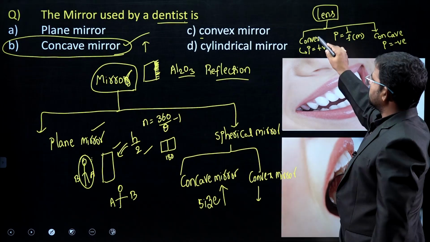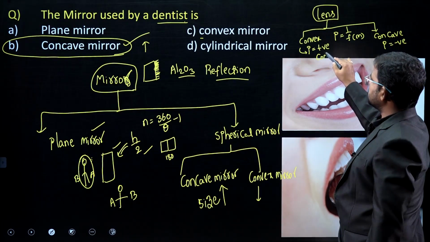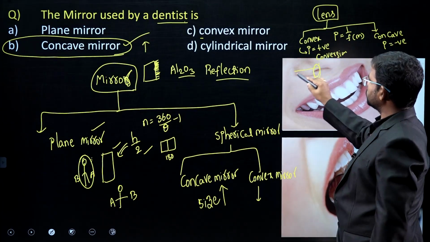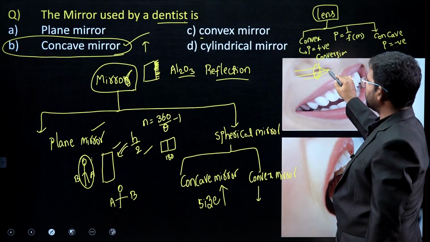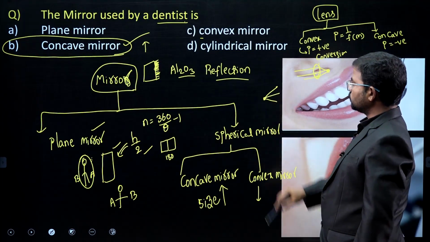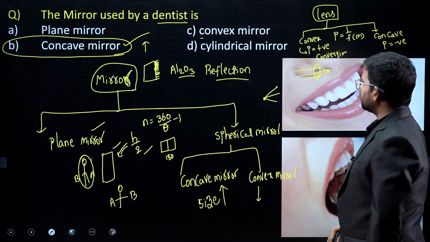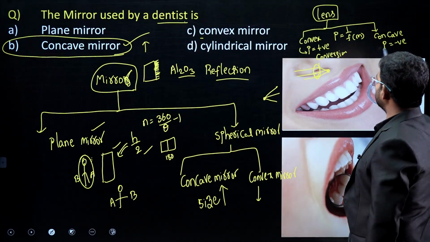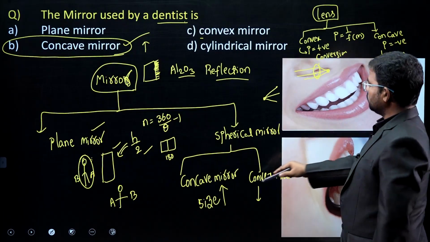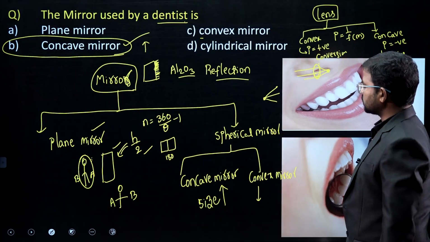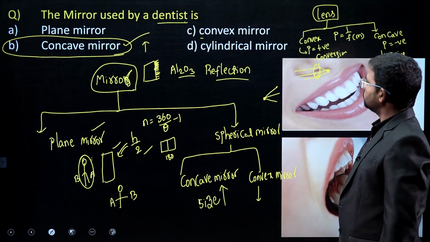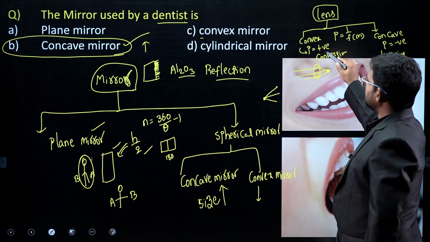This convex lens is called a converging lens. Why? Because by using this lens, almost all the rays merge at one particular point. This is considered a converging phenomenon. Suppose from one point, light rays are deflected like this, then this is called diverging. So this is a diverging lens. But here the concave mirror is treated as a converging mirror, and the convex mirror is treated as a diverging mirror.